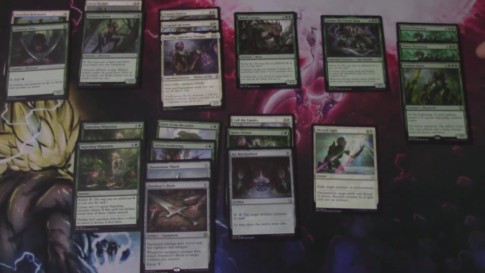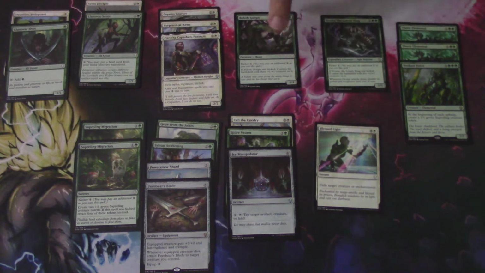I did put both Thorn Elementals and the Verdant Force here in the stack, so it is 7, 7, 8 here at the top of this curve. We have Grunn at 6, Baloth Gorger at 4, so we have no 5s, so it's a little deceptive. We have Blessed Light at 5 down here, but between things like Pegasus Courser, Sergeant at Arms,